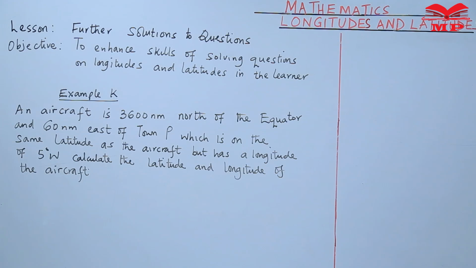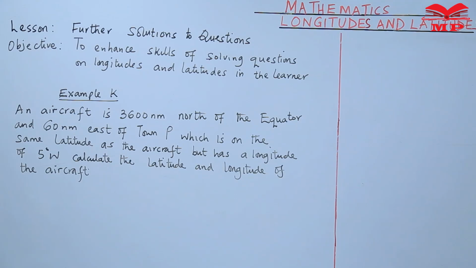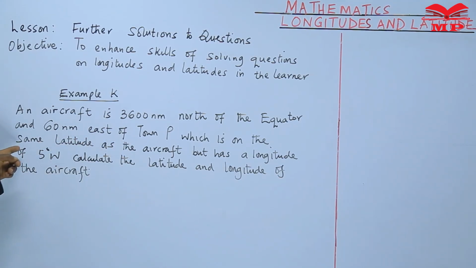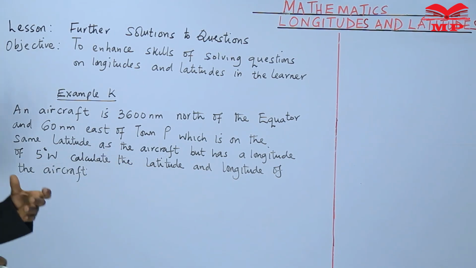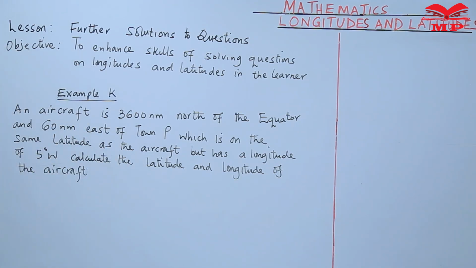So learner, the first and very important thing you have to do is go through the question. In the question, an aircraft is 3,600 nautical miles north of the equator and 60 nautical miles east of town P, which is on the same latitude as the aircraft, but has a longitude of 5 degrees. Calculate the latitude and the longitude of the aircraft. So in the solution,